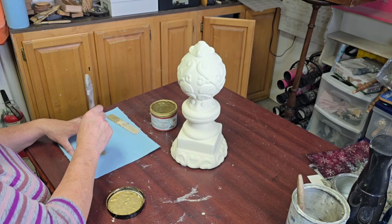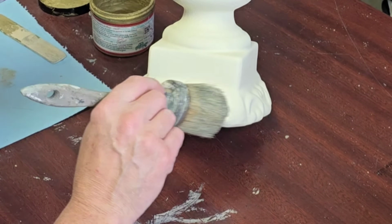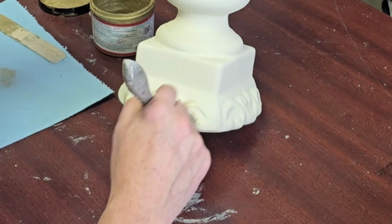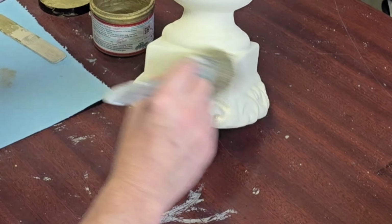Now, to make this look a little more Christmassy, I wanted to add some gold. So I grabbed out Golden Ticket by DIY. It's a beautiful gold patina. So it is a top coat, and I am dry brushing some of that Golden Ticket over the details on